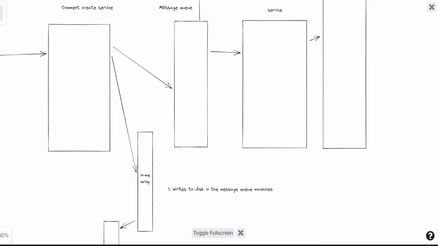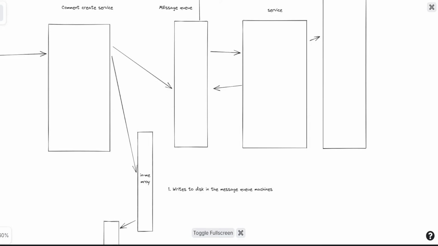Because not only over here, you could have failures in this particular service as well, where it's read a message from here, and it fails. What do you do in that scenario? There should be a retry mechanism that goes back and figures out if a message queue has been completed or not, which means that you need to now worry about